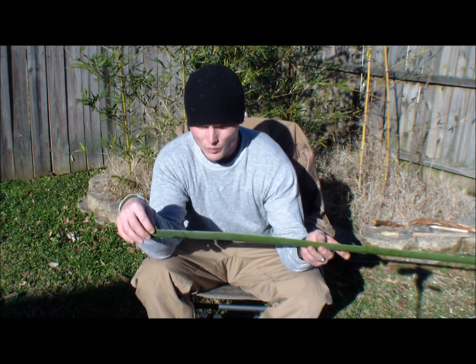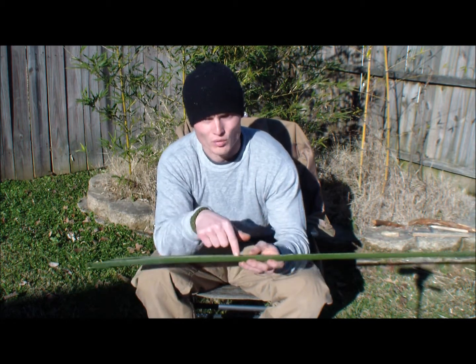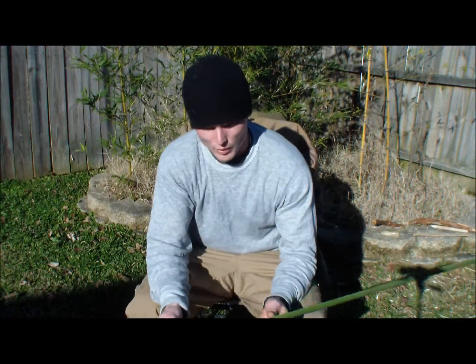What I'm going to do is get the full length. I'm going to cut a piece the full length of this, and another piece the full length, and I'm going to reverse wrap them together. And we want to do that because